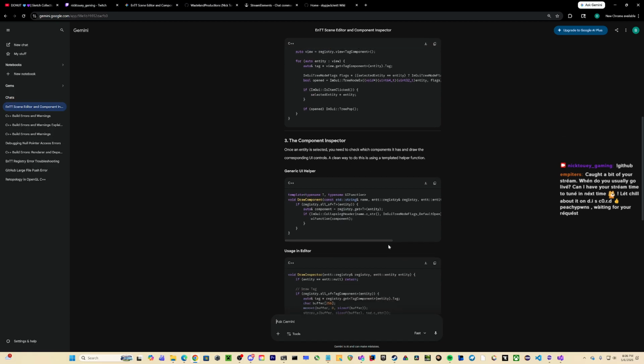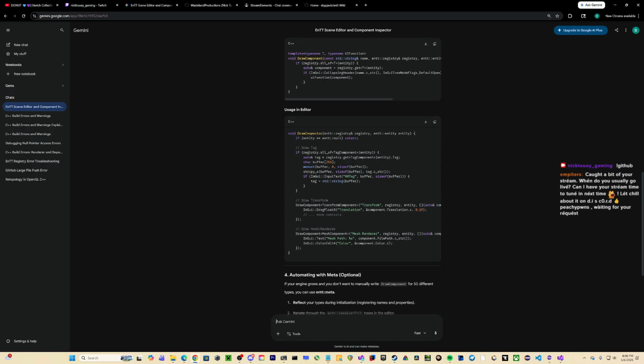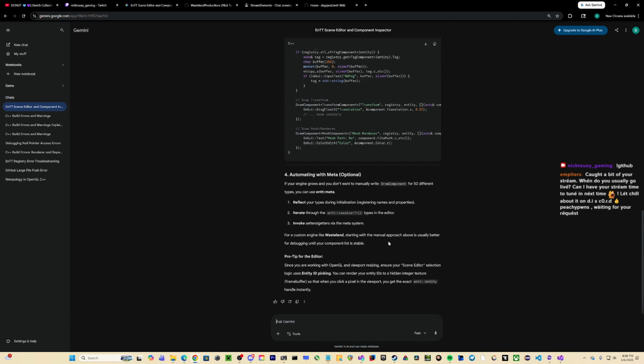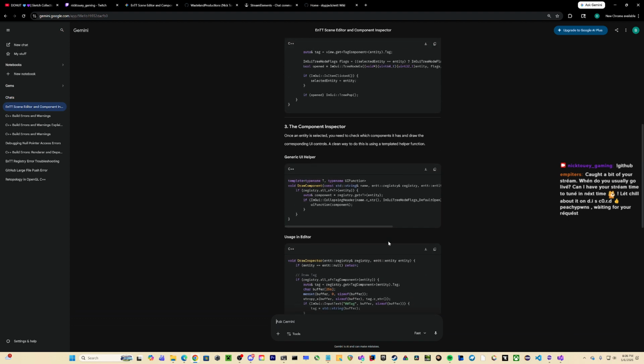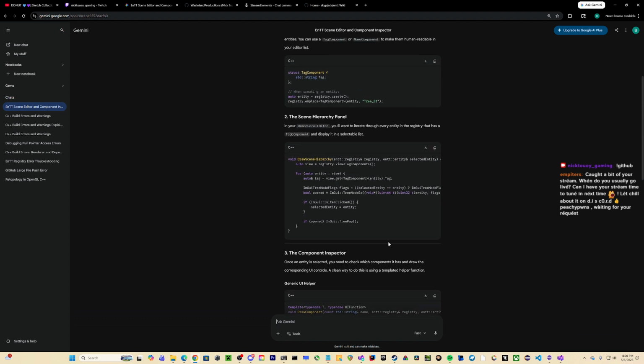Component inspector. That is way too much. Well, I'm able to get away with doing that, probably.